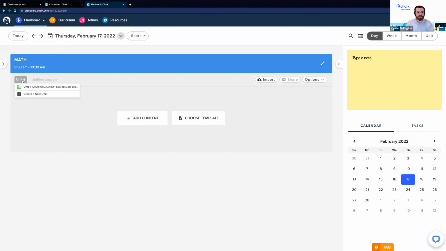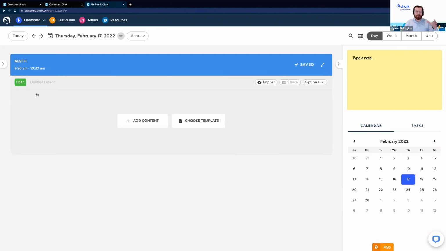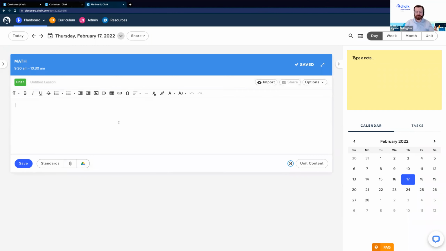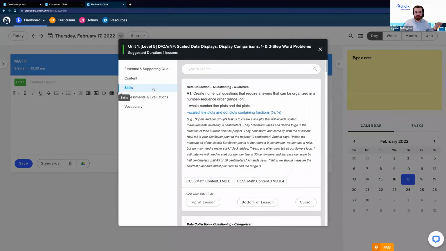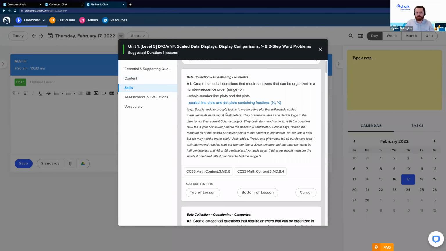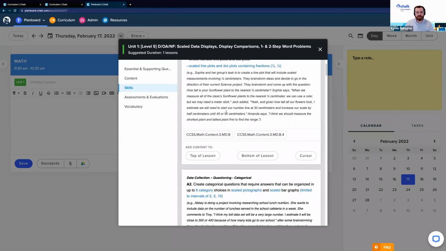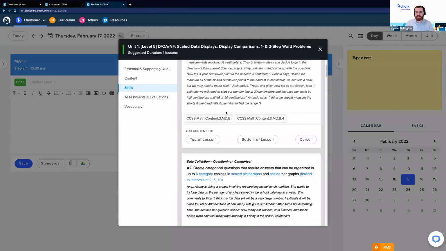So to get started, what we're going to do is directly connect that curriculum map that we were working on to our planner here, so that when we go in to create our lesson plans, obviously we can type in things if we want to, or drop in videos or images or whatever resources. And in addition to all those, we can access our curriculum content. So what I'm pulling up here is the exact same thing we were just looking at. If I'm looking at skills, for example, I can see all those different skills. If I quickly toggle back, these are the exact same skills that we're seeing over here. So it's just a different environment.